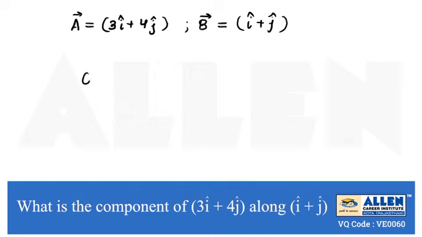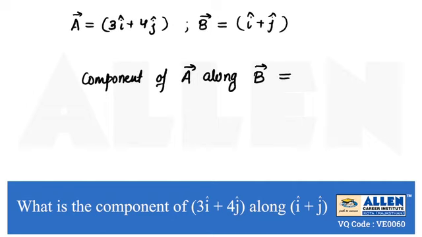So here we have to find the component of a vector on b vector, or we can say along b vector. It is given with the help of a formula, that is a dot b cap. Because we have to find the component along b vector, we will use b cap for that. But this result will be a scalar and we have to find the vector component. So the vector component will be a dot b cap, along with which we will use b cap for direction.